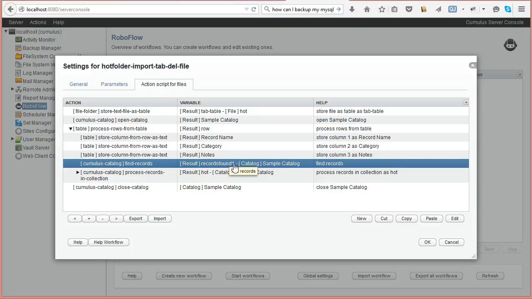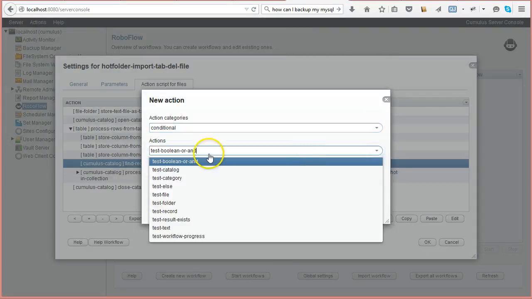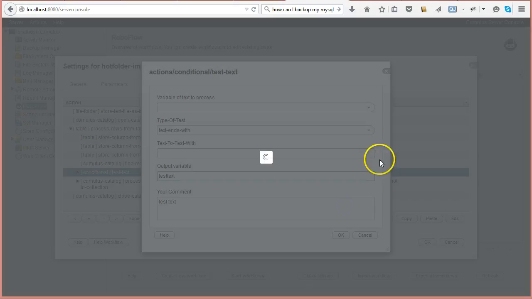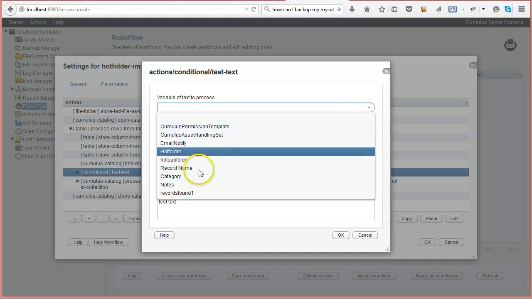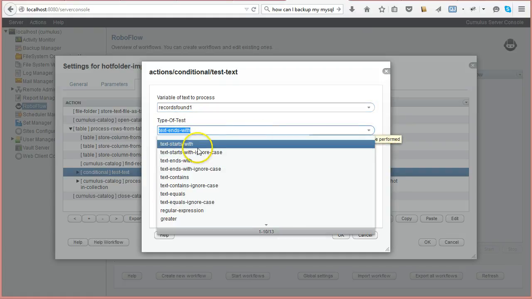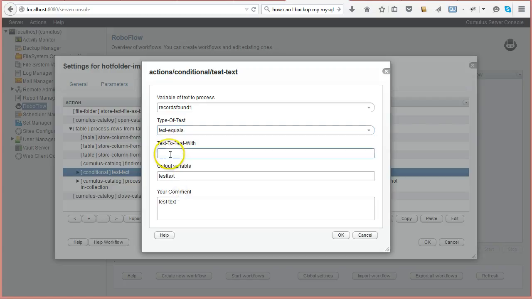In that case it would be null. You could add a log saying record not found, and so here you can say new conditional test text, and here I can say okay, what do I want to go to records found 1 test text equals, so equals, and I say new,